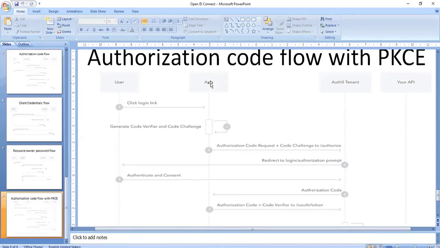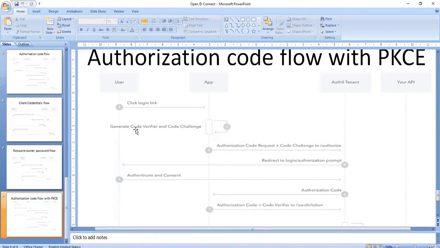Authorization code flow. And if you see, whenever the user accesses that link, it will automatically route you to the application, and in the application there will be an option to generate a code. Two things will be generated. The first thing is the code.